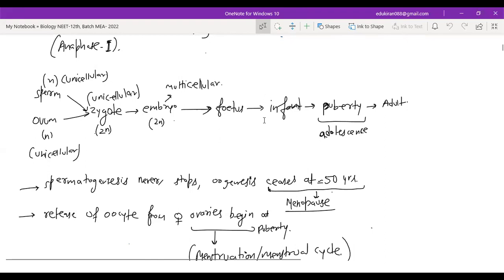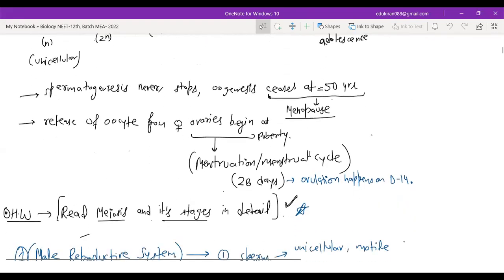Yes. So after birth is infant, then the child grows and reaches puberty, that is also known as adolescence, and then adult, sexually mature. Now talking about